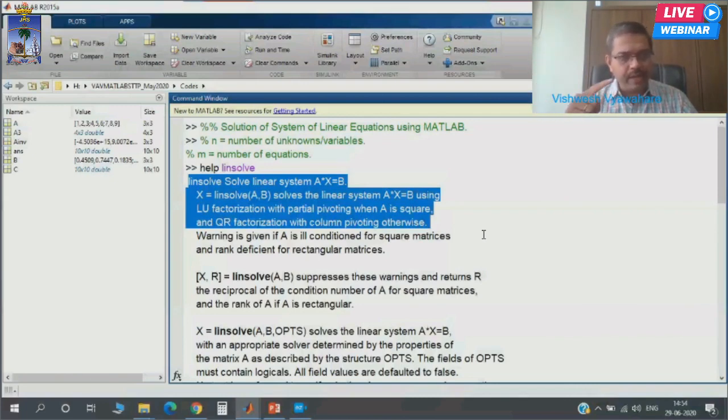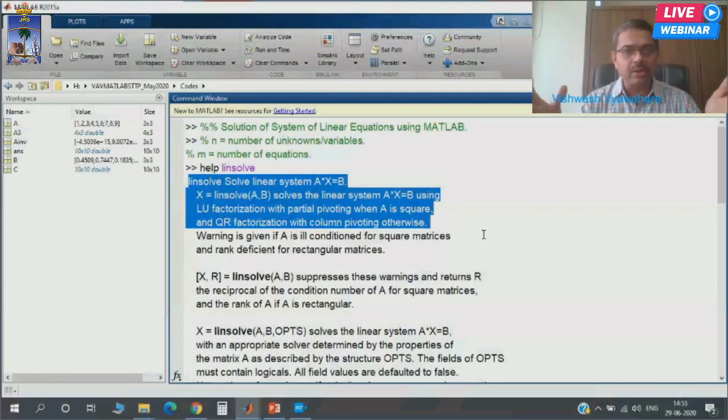Then on the left hand side, it will become A into A inverse, that is identity. On the right hand side, it will be X equal to B into A inverse, and then we find out. But here we should note that if we use this command, basically there is an inversion operation involved in between, and calculating inverse, especially when the matrix is very large, is computationally very expensive. Calculating the inverse is very expensive from both computational and memory points of view.